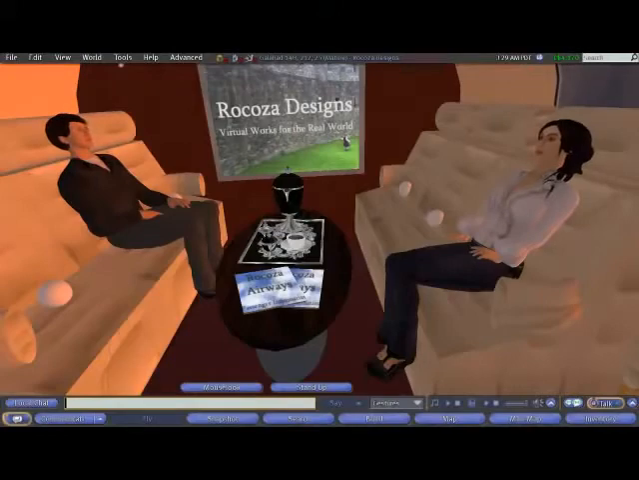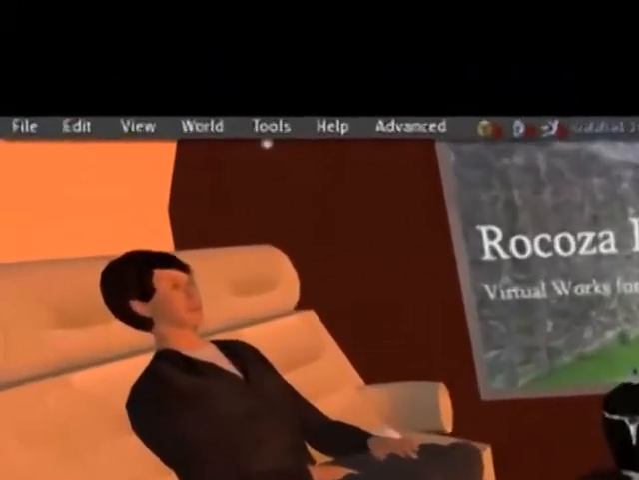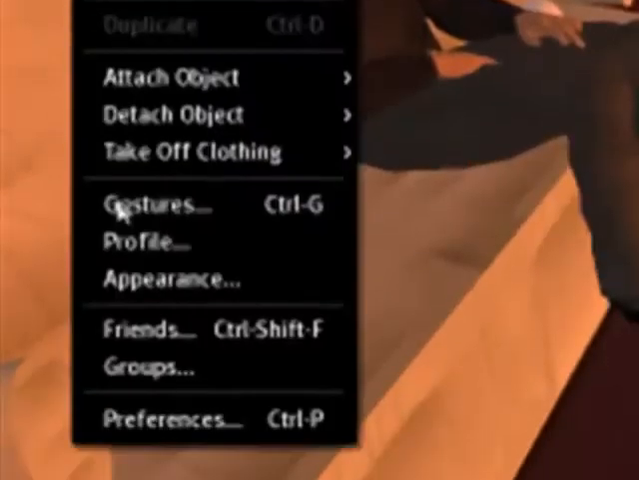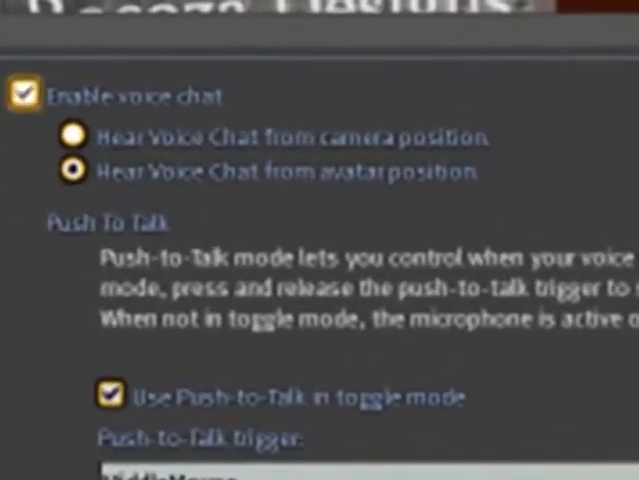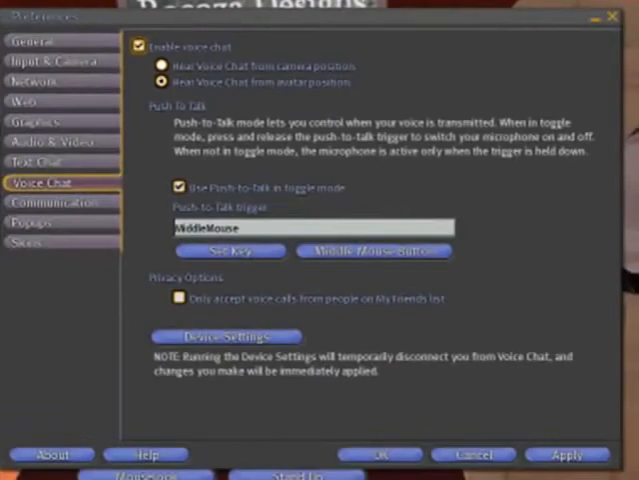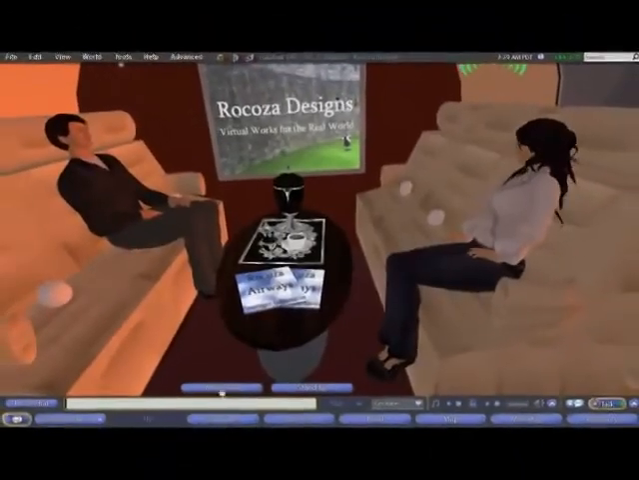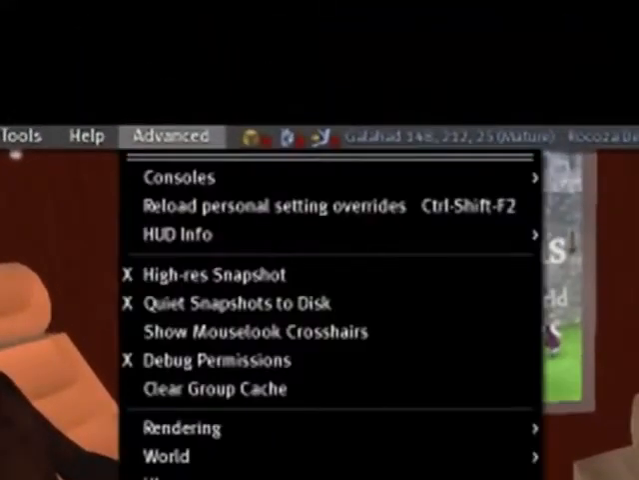Voice chat is very effective, but first you need to check a few settings. Go to Edit, Preferences and select Voice Chat. You need to have Enable Voice Chat ticked. Click Apply and OK. It's also fun to go to the Advanced menu, select Character